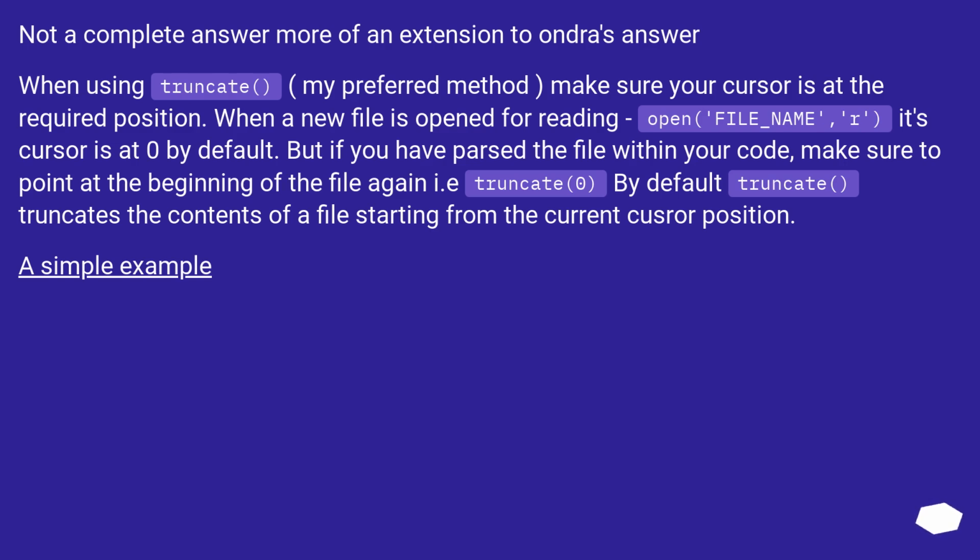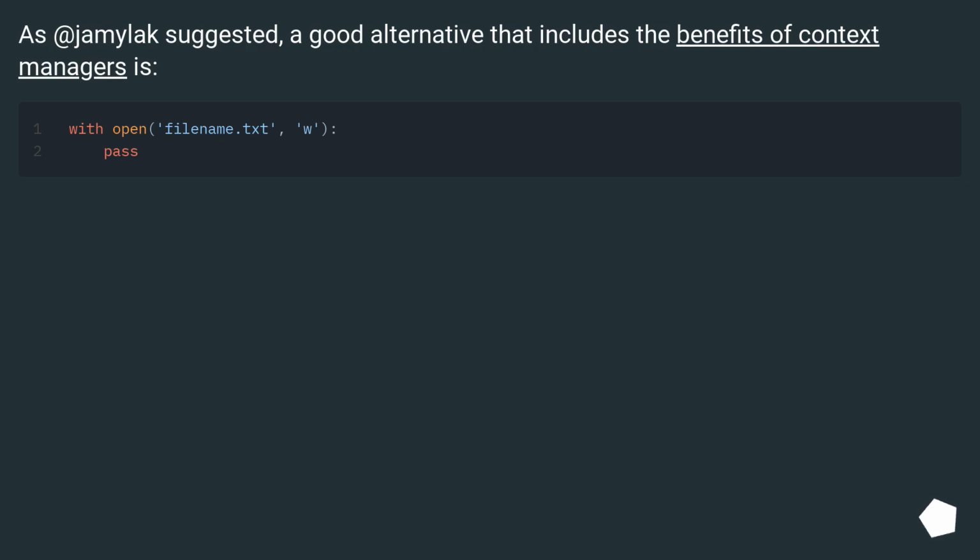Truncate truncates the contents of a file starting from the current cursor position. A simple example. As Jamalake suggested, a good alternative that includes the benefits of context managers is